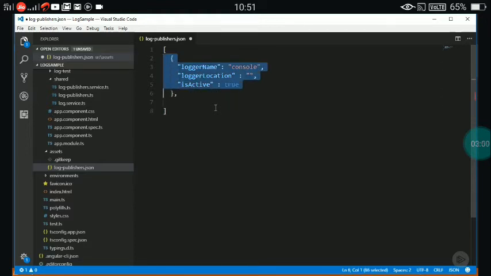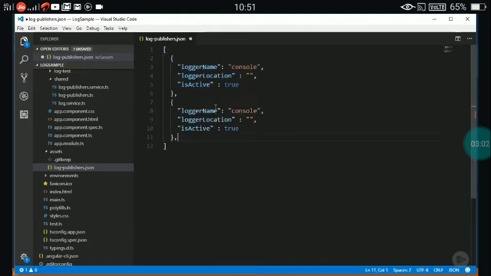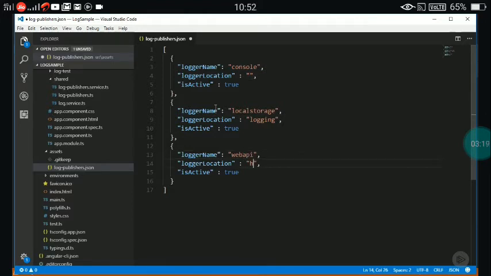Then we can just copy this for each of the providers that we've created. So for each one of those log publisher classes, we just add another one. Local storage, so if you add any additional ones, you just add them now here. And the last one we'll do will be the web API. And this is where we need to get that http://localhost, and then the port number, and then